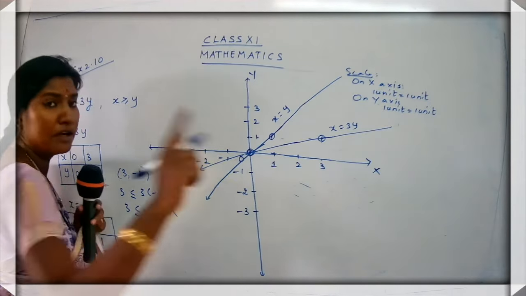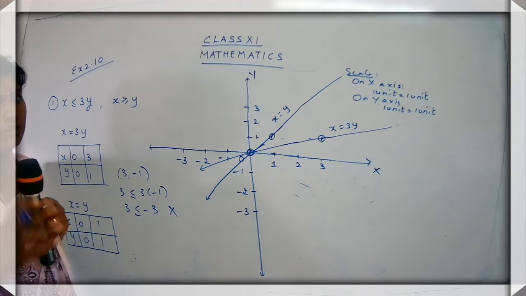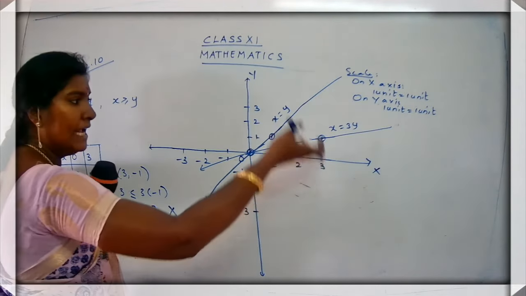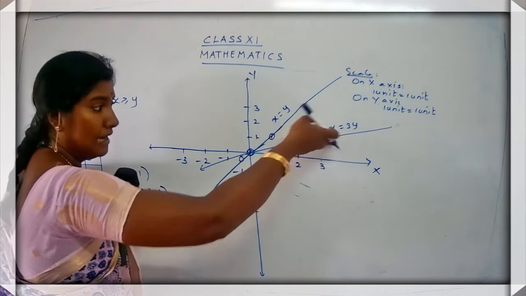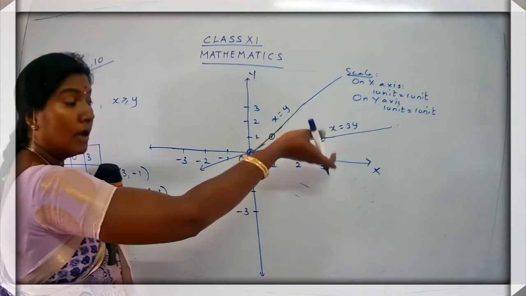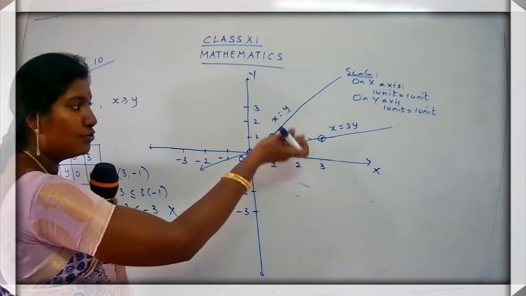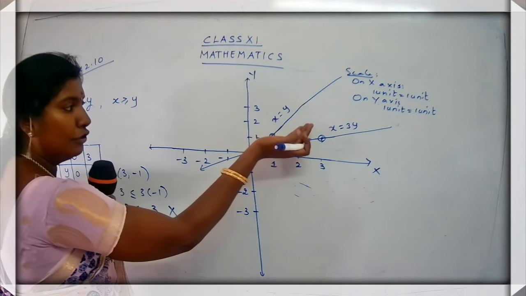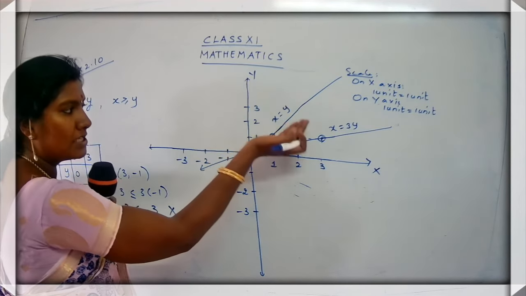No need of going on choosing many values. If one value is not satisfied, that means the area is not going to lie below the line. Somewhere the area is going to lie in the other direction. So I am going to choose a value which is above the line. Getting my point? So we are going to choose a coordinate which is lying above.